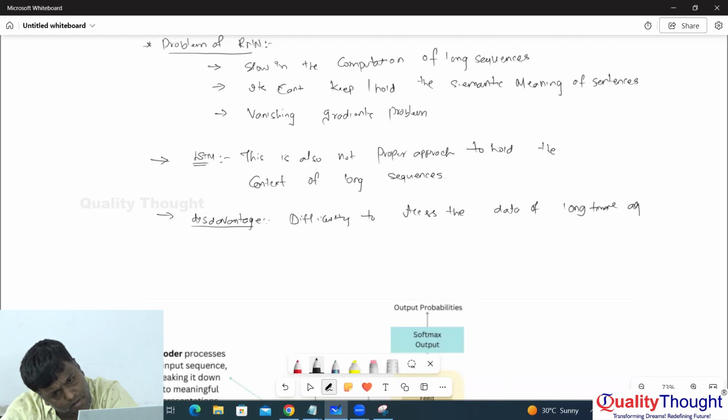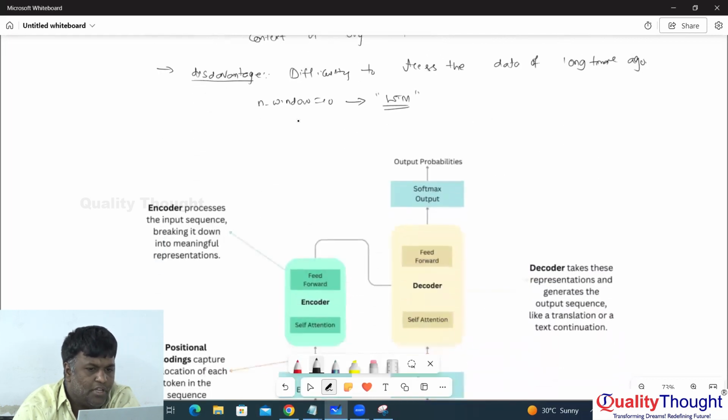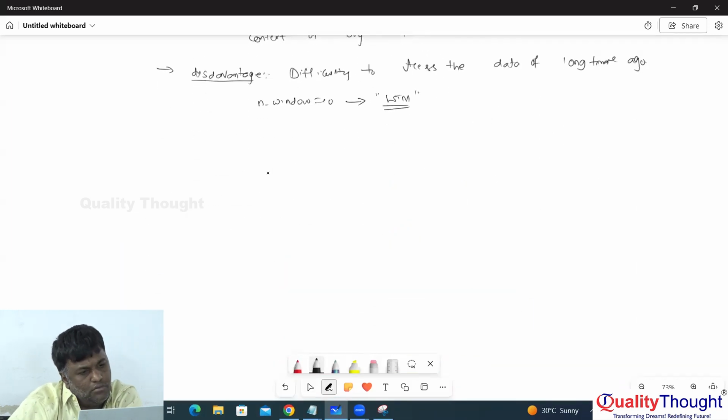For LSTM, I can mention the window size is 10. That could be the maximum size. We will see that LSTM today. LSTM also has issues. Now, to overcome all